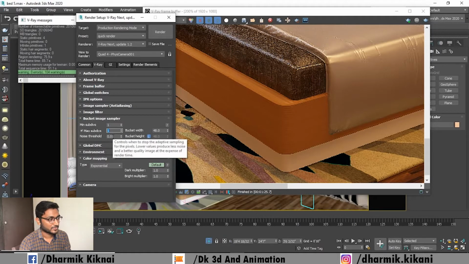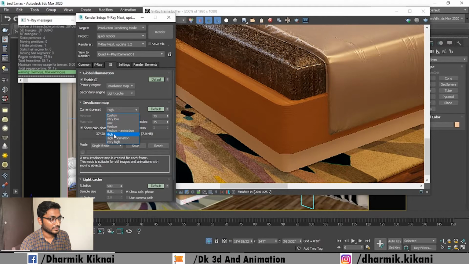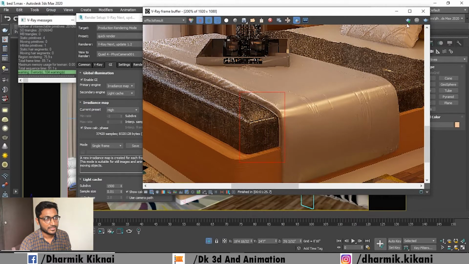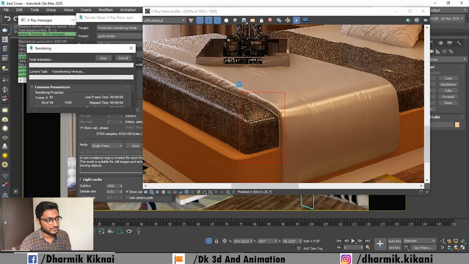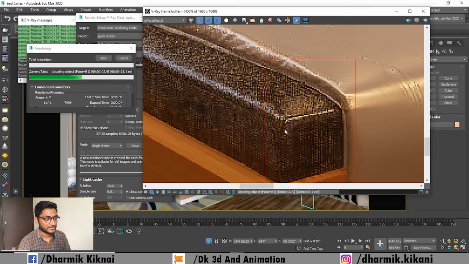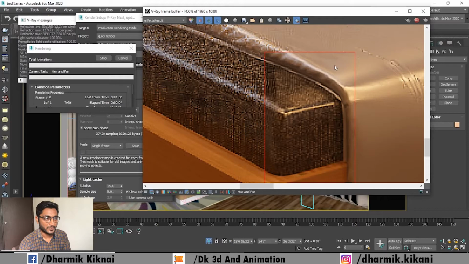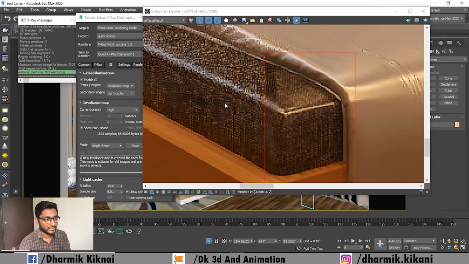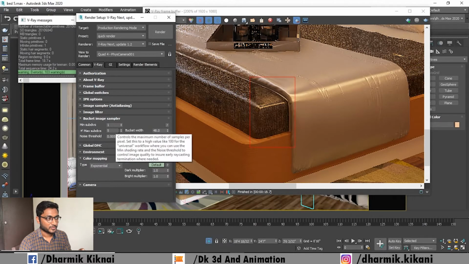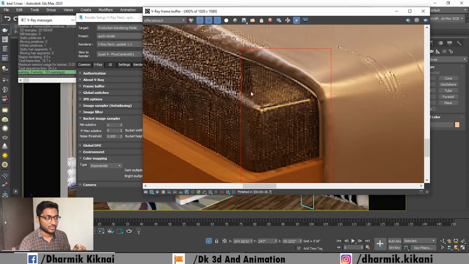So when I use subdivision 5, value 0.05, go with high, and 50 100 I use here. Now I start render, and you can get the difference between this portion and this side. I zoom in, so you can get the idea of this side and also the area in between the rectangle. As you can see the sharpness of this rectangle render and this side of render, if you increase the value of subdivision from 5 up to 10 or 15, you can get a more quality result.